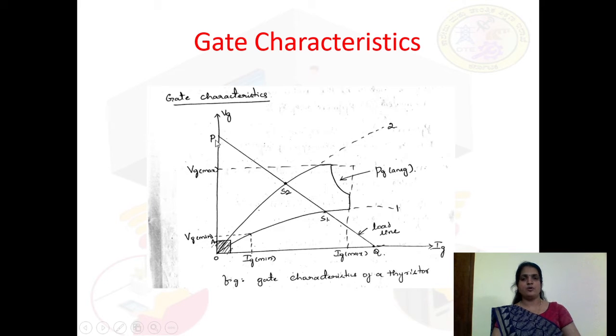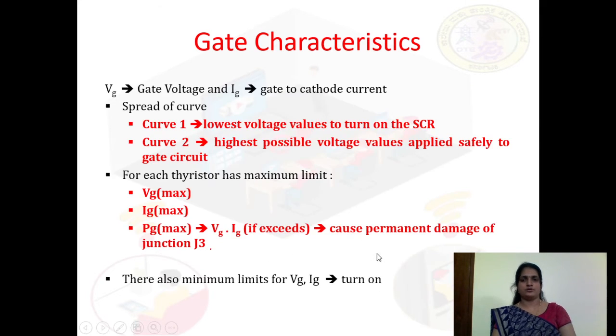This is the minimum gate voltage, Vg minimum, and this dotted line indicates the maximum gate voltage. We are plotting a DC load line on this voltage and current graph. From it we have drawn the load line, and you get S1 and S2, the coincidence of S1 and S2. Now let us discuss what S1 and S2 indicate, and what Ig minimum, Ig maximum and the Q point are. Vg is the gate voltage and Ig is the gate to cathode current.